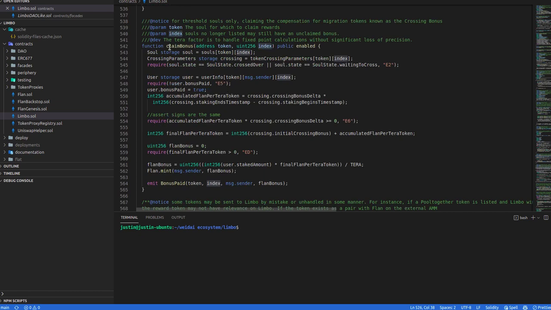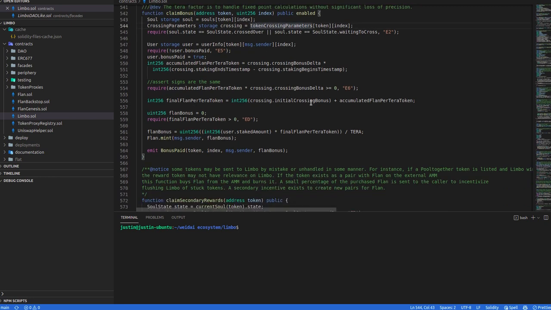Claim bonus. This is your crossover bonus. Remember I said you've got your initial bonus per token, and then you've got your crossover bonus delta, and out of that you'll get a final flan per token. That will then be minted and paid to you as your bonus for having your tokens confiscated and sent to Behodler.